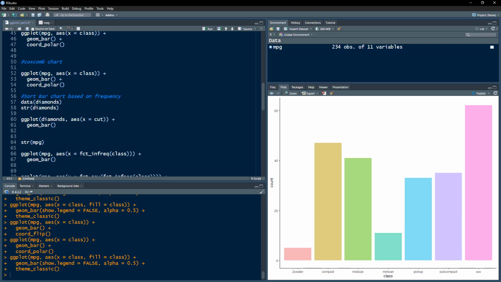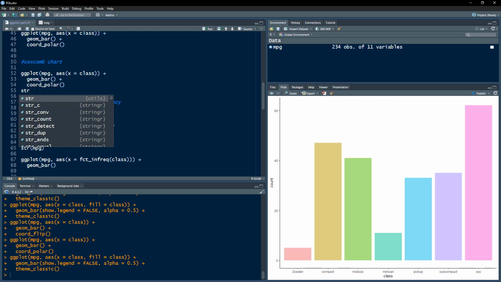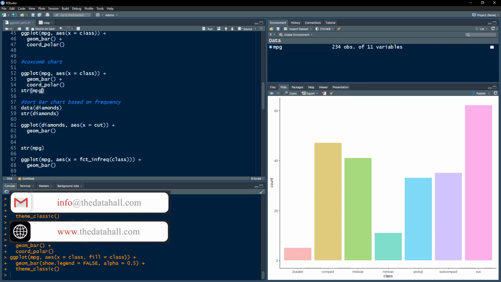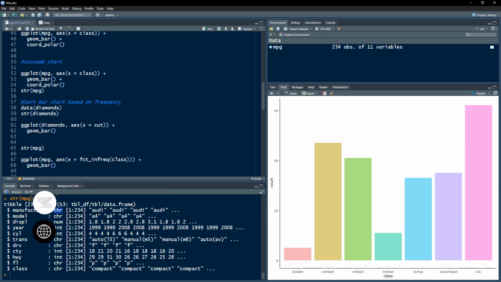One is that, let me show you the structure of this data. If I do str, which is used to check the structure of the data, on mpg, you can see that these are the data types of these variables. So manufacturer is the character data type, model is also character, displacement is a number, and there are other categories with character data types. There's one specific data type called factors, and we do not find that data type